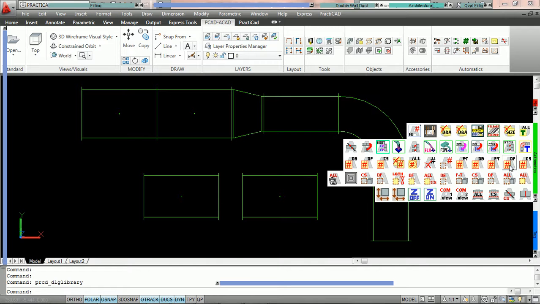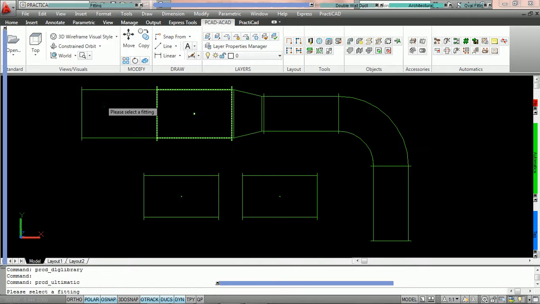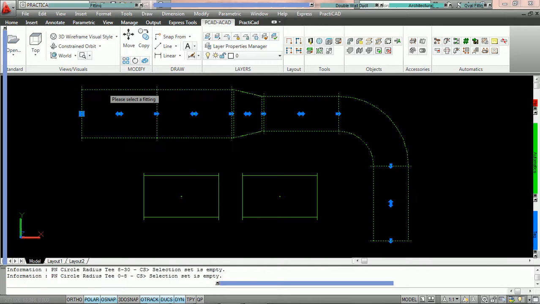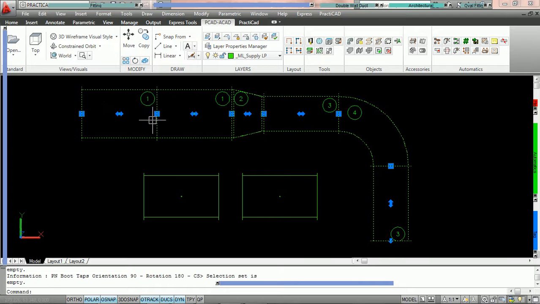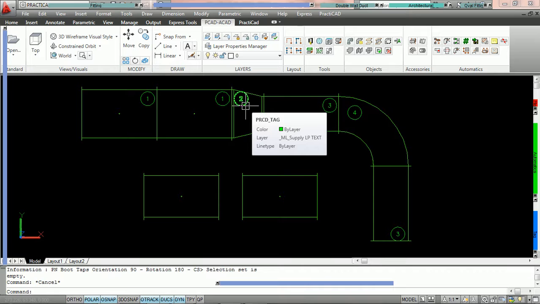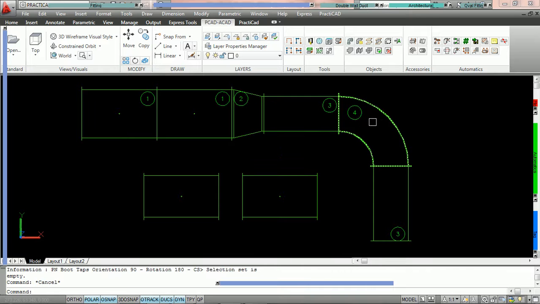Now we're going to use a numbering automatic. We're going to take one out of our automatic bin called duct line forward, and we're going to number this line using an automatic, but this time we've got identical fitting numbers checked. So we're going to click on the drawing now. When we run this automatic, you'll see that PractiCAD has now taken these first 2 fittings and given them the same number. Number 1, number 1. And then it goes down the line in sequential order. We get number 2, number 3, number 4, and this fitting here is the same as this fitting, so